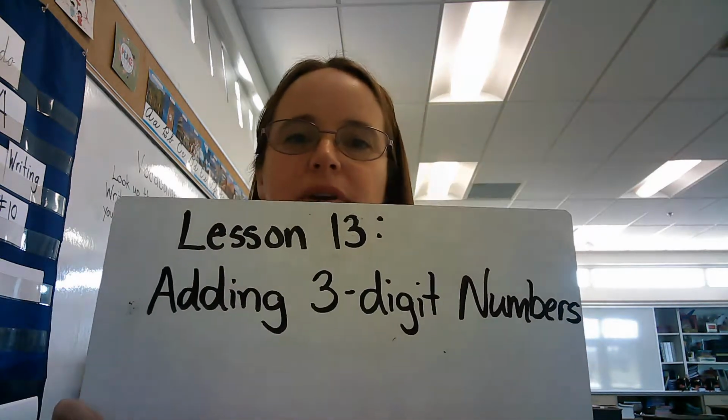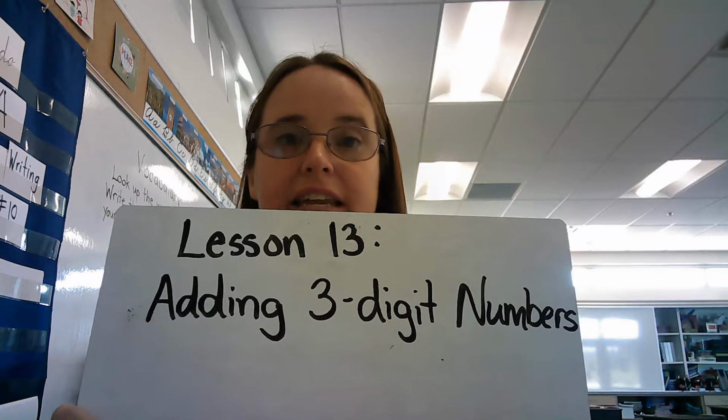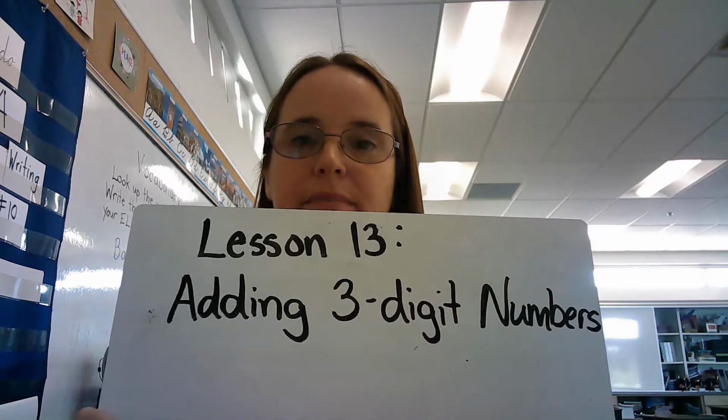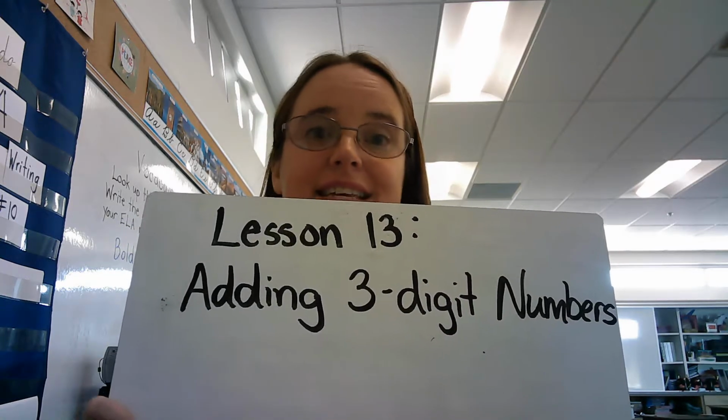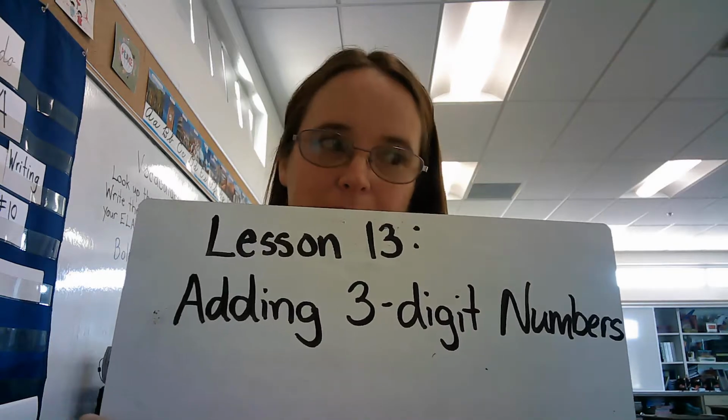Good morning, class. Today we are working on lesson 13 from book 4 of your Saxon Math book. And today's lesson is on adding 3-digit numbers. So the first thing I want to show you is how to do this addition with money. So for our first example,